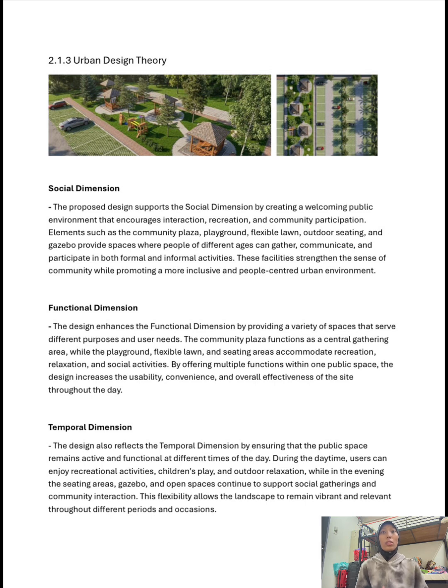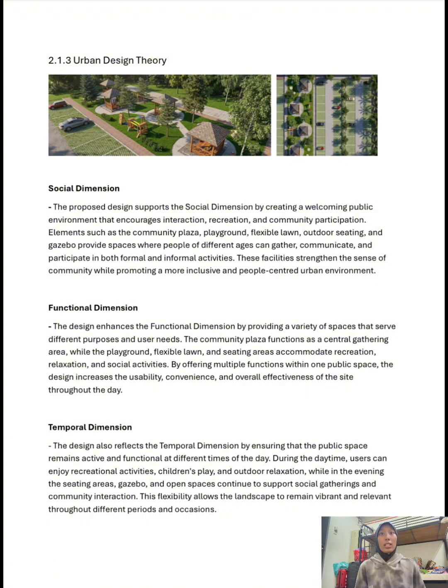Strategies such as rooftop garden, tree planting, vertical planting, tree green paver, and permeable pavement help reduce heat accumulation, improve air quality, and manage stormwater naturally. This green infrastructure element contributes to a healthier and more sustainable urban environment.